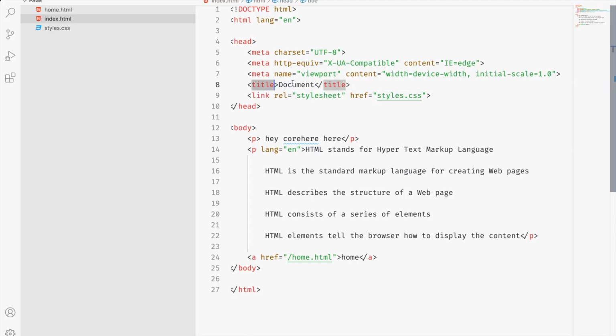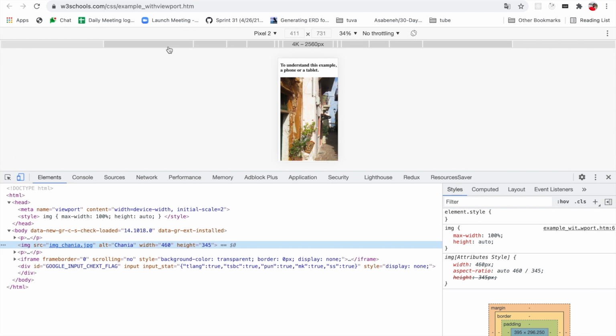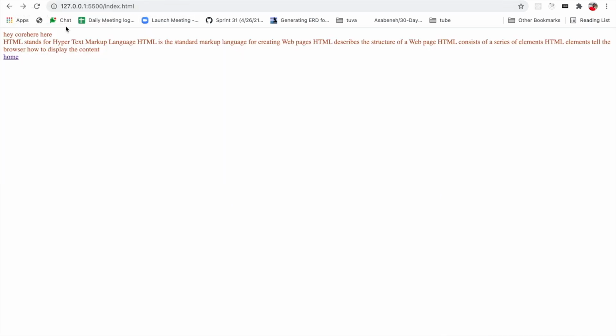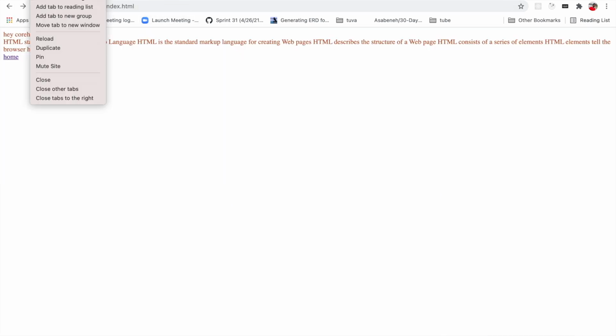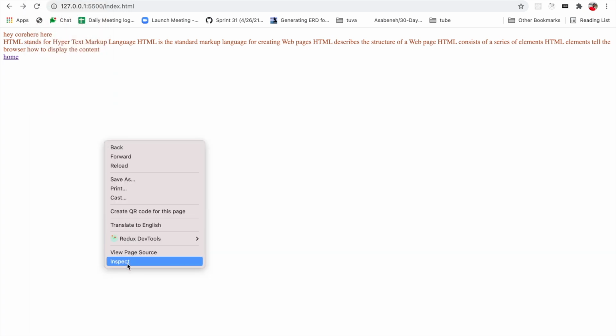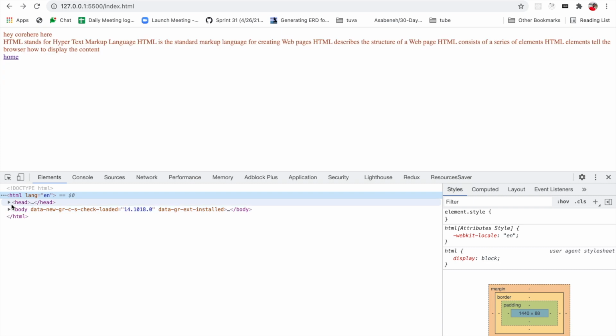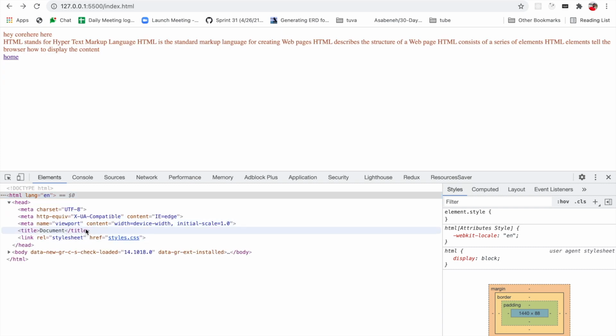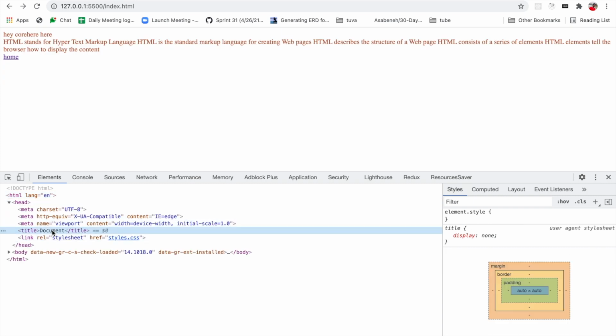Next one will be title. Title is the browser tab title. We can notice here this is Document, right? This is the title we have given. You can inspect here. See, it has changed. We have another property called favicon, which gives the image in the tab.